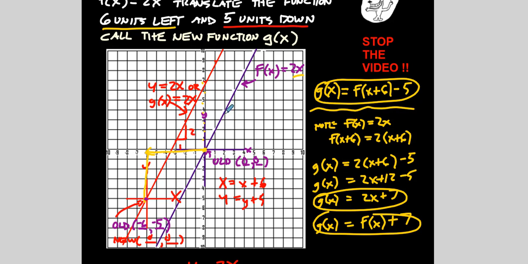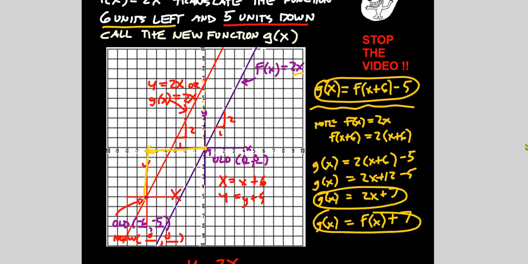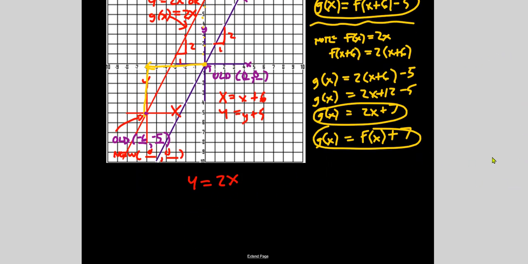Okay, you can see that. The rise to run is 2 to 1. We're changing Y, we're changing X. Well, Y here from the table is Y plus 5, and that's 2. Replace big X with little x, we get this. Okay, so this is Y equals 2 quantity x plus 6